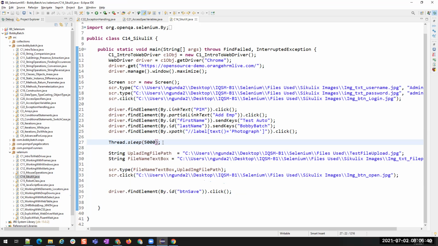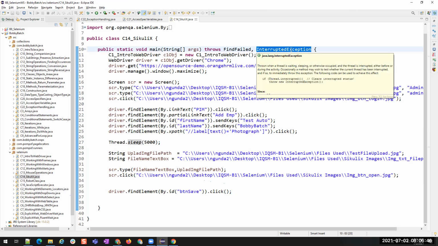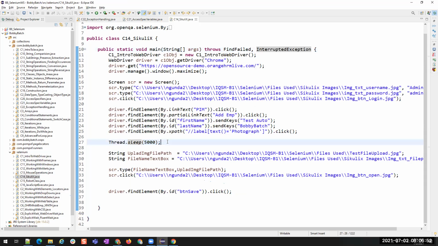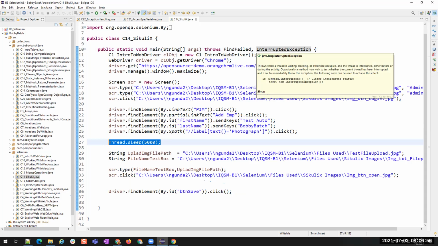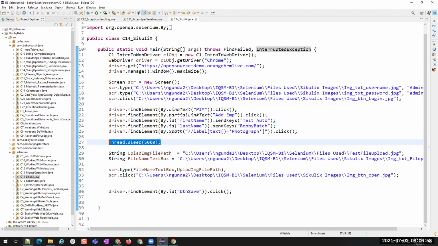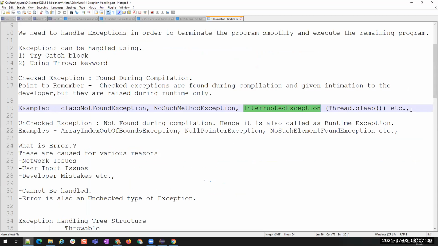But I don't want to handle it. So what did I do? I used the throws keyword here. Throws InterruptedException. This InterruptedException is thrown from the thread.sleep method. When I'm calling this, it is giving me this InterruptedException. Okay. So those are all the examples.